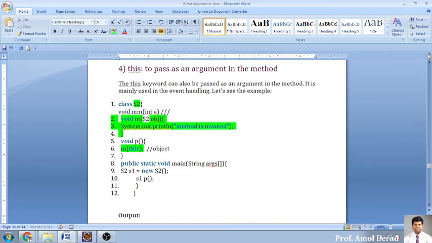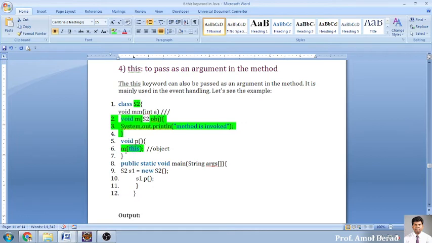a function that will be having a parameter as an object also. And what is object? Object is of your type class. So what is the data type of this object? The data type of this object is class. So is it clear to you? The data type of this variable is integer. Same way the data type of this obj is your class. Is it clear or not? Can we pass this one?